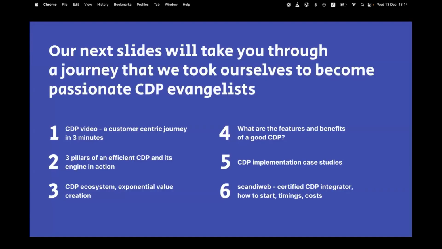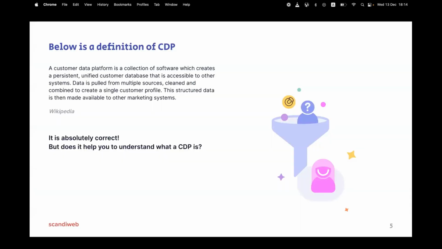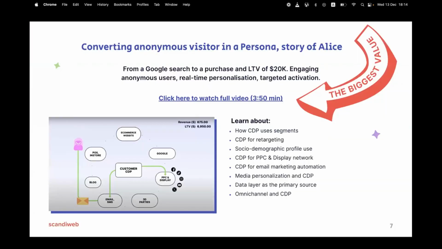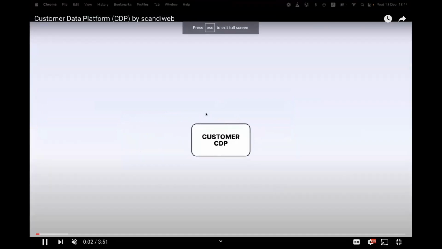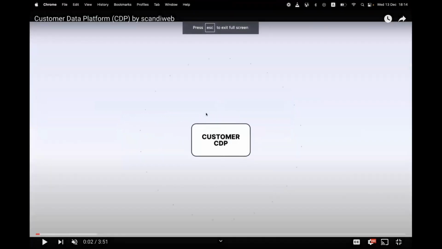So let's spend the next 45 minutes, an hour, to actually go through 6 sections to be the guys who can tell, oh yeah, now we understand exactly what Wikipedia wanted us to know. And we will start with an animation. And I believe that this animation contains like 80% of the value of the presentation itself. So whatever you are doing, make sure that now you can focus for the next 5 minutes.